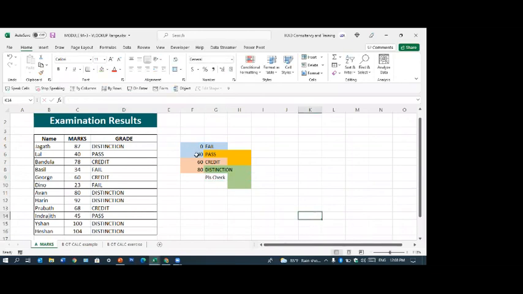Look at this carefully and tell me what is the number I should put here. Now, when you have 60, you get credit. So when you have 60, what you get is this one. What should be the number which should come here to put an error message or the same, please check? 101. Fantastic, 101, not 100, right? If you put 100, then the guy who gets 100 also will get an error.